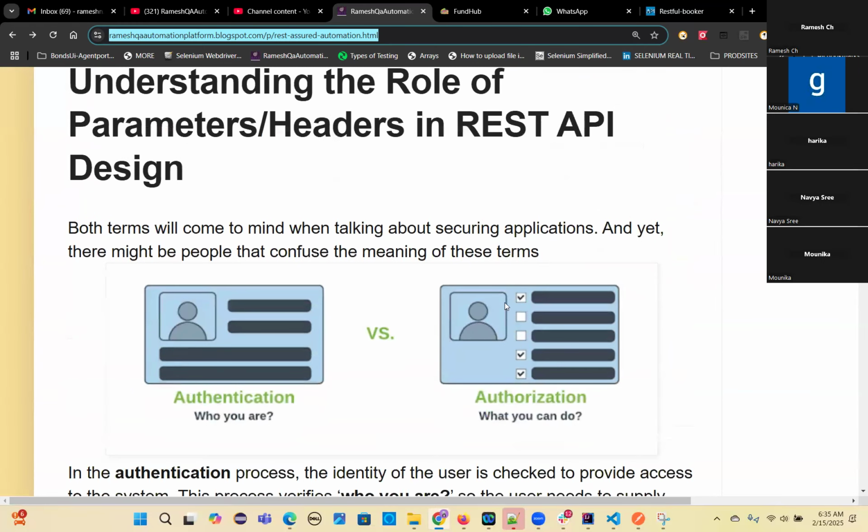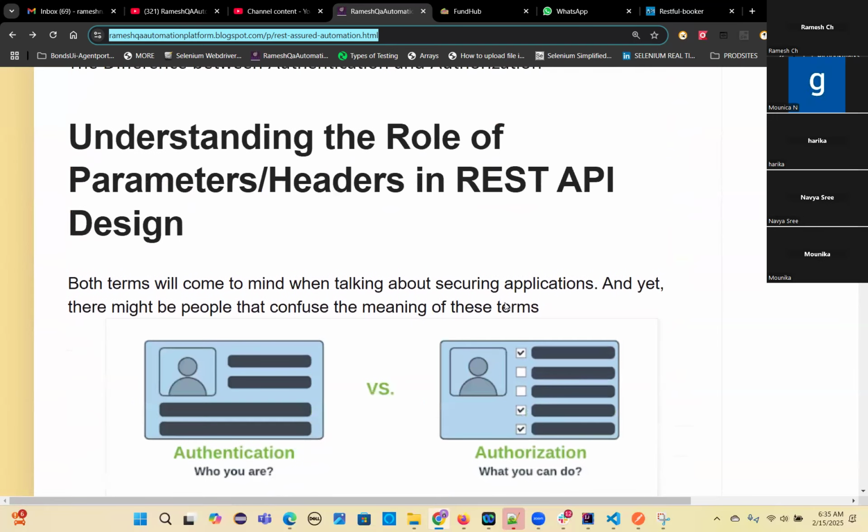So what are the different roles of parameters and headers in REST API design? Even the authorization and authentication are also a part of these headers. So basically, let me draw one picture. When you send a request, what do you need to send? When you get a response, what will you get? That is very important to understand. So the structure of API is